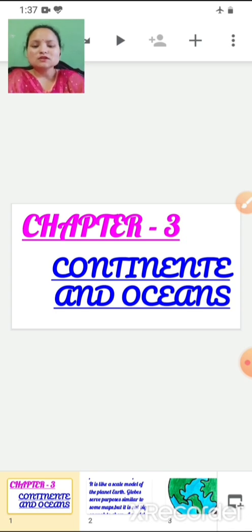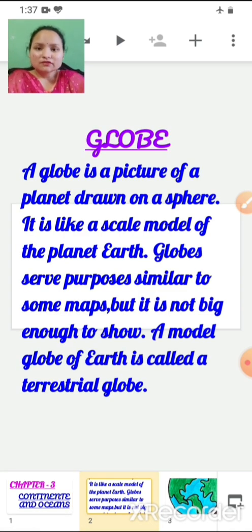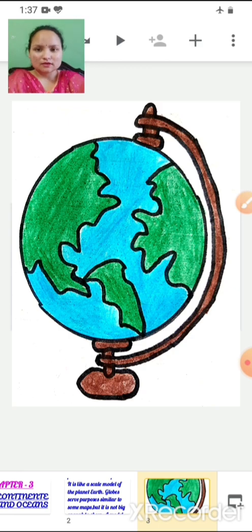Okay, so children, we will begin with our first topic, that is globe. I hope that many of you have seen a globe, right? So this is how the globe looks. You can see, children, that a globe is a spherical model of the planet earth, or you can even say a miniature of the planet earth.